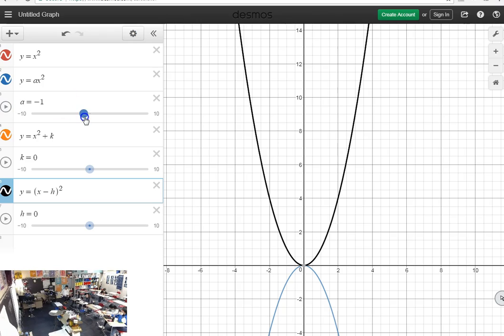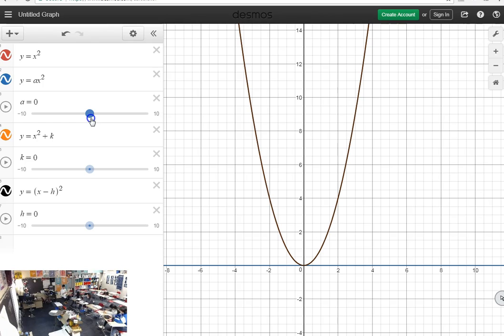Wait, but how do you make it move on a parabolic arc? Now, that's a good question. I'm not going to directly answer that. But do we want to describe multiple shifts at the same time? Like, are you going to say as B turns into 3, we shift right and down? It seems awkward to me. It moves on the inverse parabolic arc of the original. Yes. How would that make sense to describe to somebody?